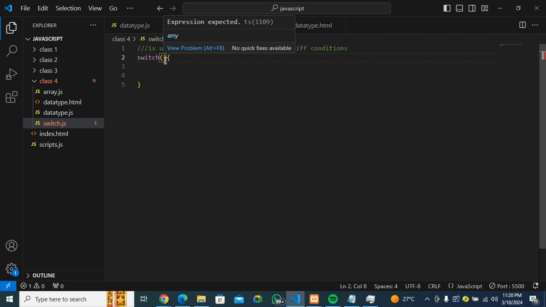A variable to evaluate what? The condition. So this is used to compare whatever you are passing here. So in that switch statement, we have